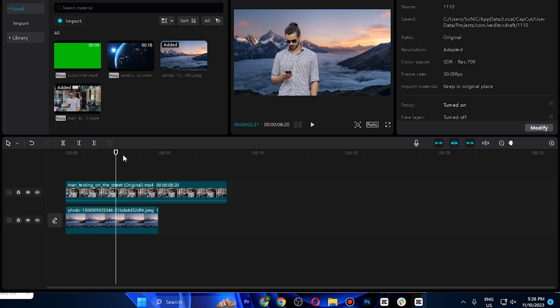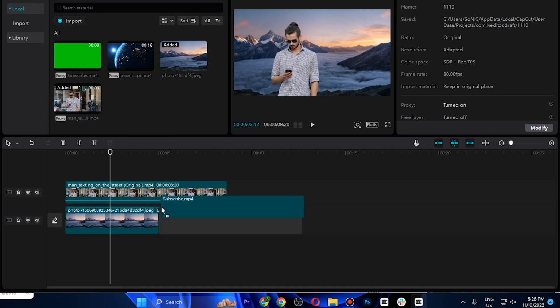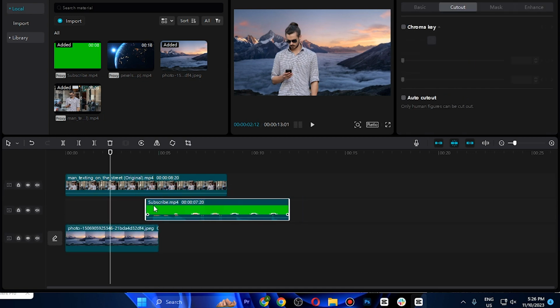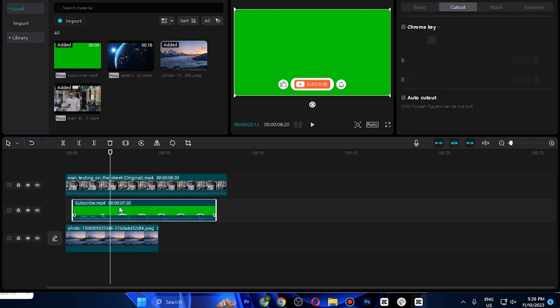So first of all, you have to open up your project in your CapCut, and here you have to drag and drop the green screen in your CapCut. And after that, as you can see, the green screen is added in the video. Now what you have to do is simply select that video of the green screen and you have to go